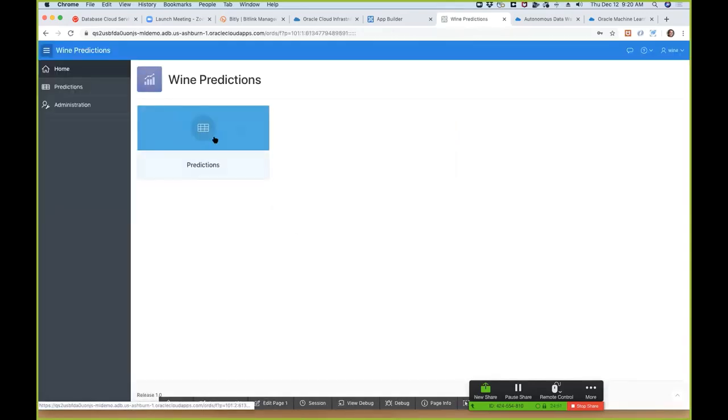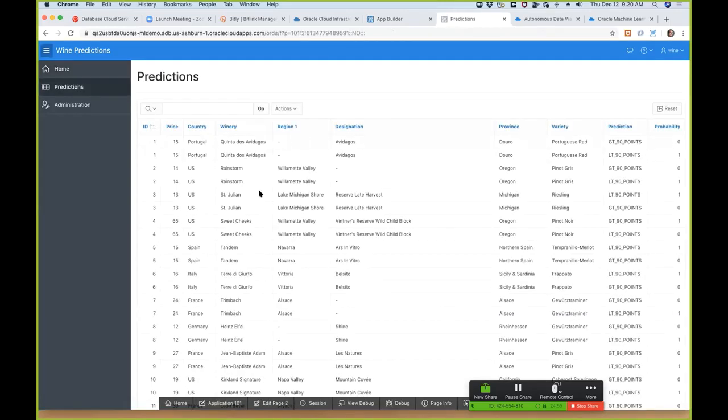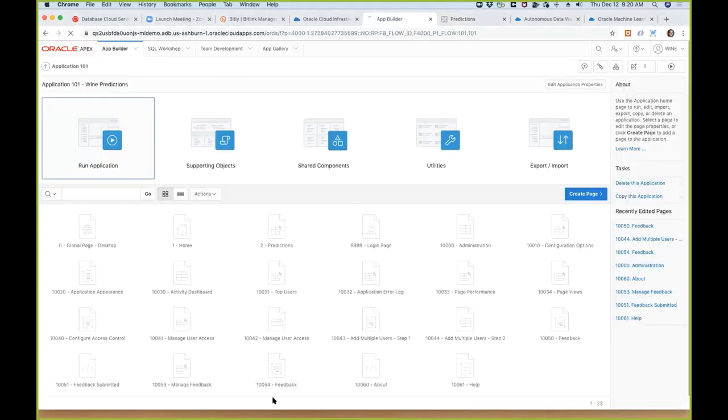There we go. So now I'm into my application, and we can see that we've got the data coming up in here. Now, the first thing we'll notice is that the probability isn't showing up as I'd like. So what I'm going to do is actually just go and quickly change the format of this field here so that it shows better. So I'm just going to go and edit my page,